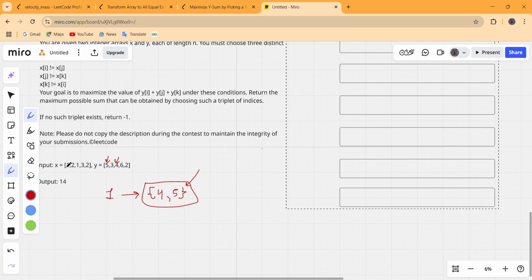Now let us cancel out these ones. For 2 the possible values are this 3 and this 2, so put these 2 values against this 2.